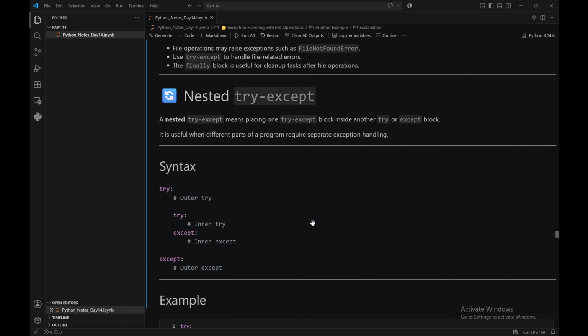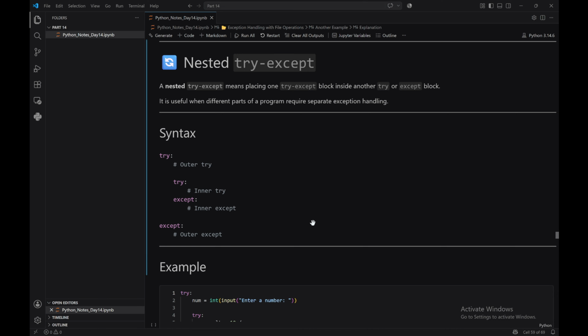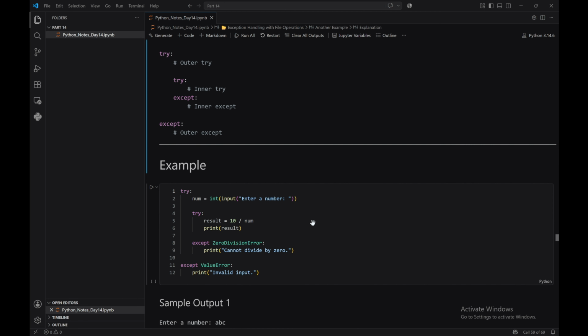So our next one is nested try except. A nested try except means one try except block inside another try or except block. It is useful when different parts of a program require separate exception handling, such as